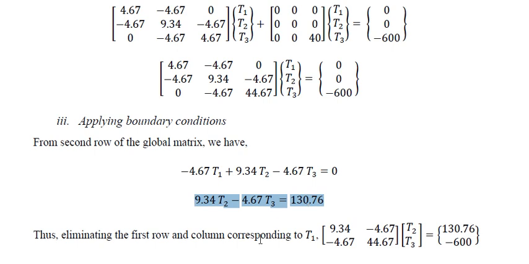130.76. Now this equation is the same as this equation. So this entire second row can be replaced with this equation, which means here I will write 0, and I will write the rest the same as it is. This 0 is replaced by 130.76. T1 is known, that is why I will eliminate the first column, first row. I will reduce the equilibrium into this condition.